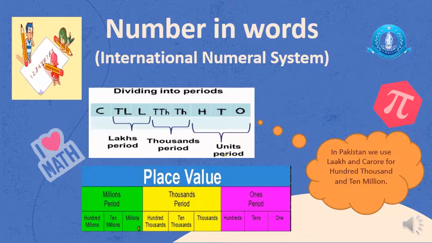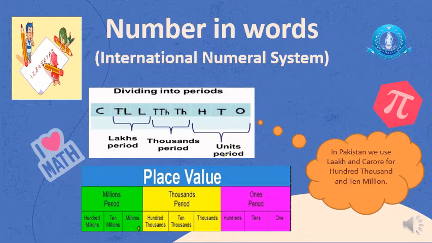So when we divide place value into 3 periods internationally, we will say ones period, thousands period and millions period. In place of crore, we will write 10 million. In place of lakh, we will write 100,000. So in your book 4A, you will write 100,000. You will not write lakh. Right?